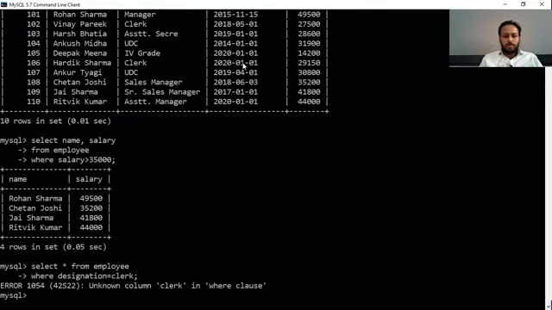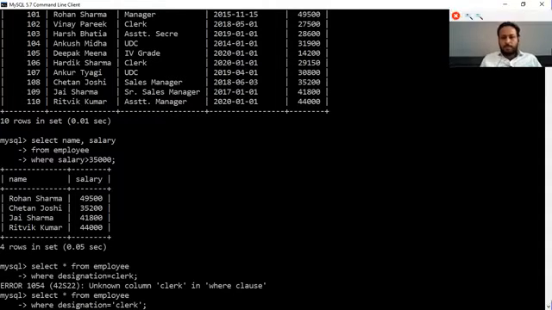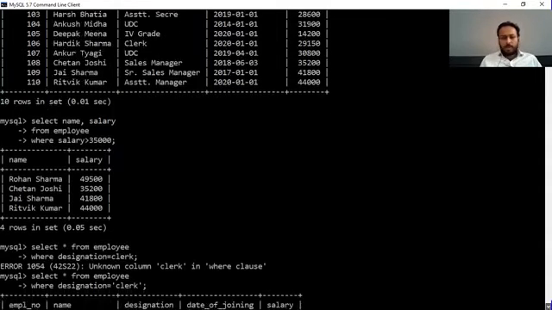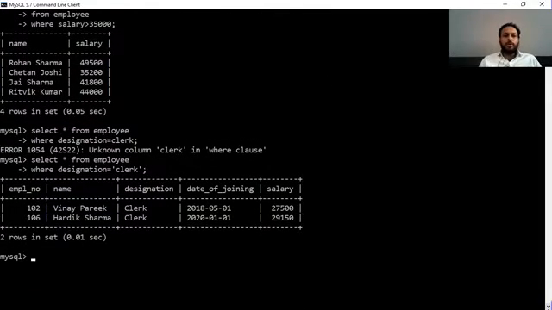Oh, sorry, we have to write clerk in single quotes. There are 2 clerk designations, so it's the equals to operator.